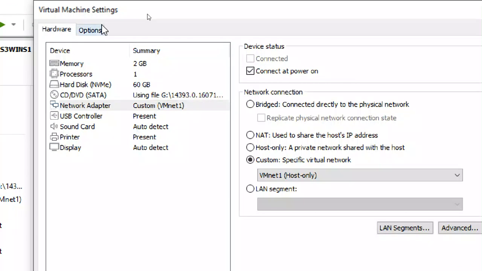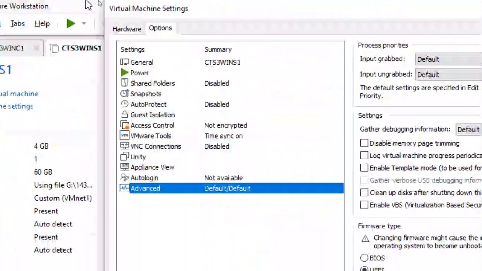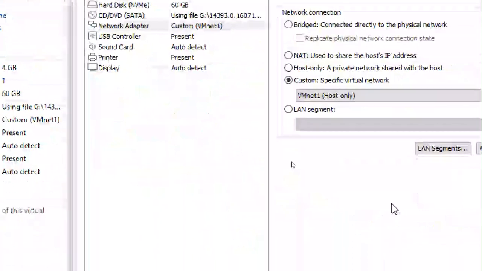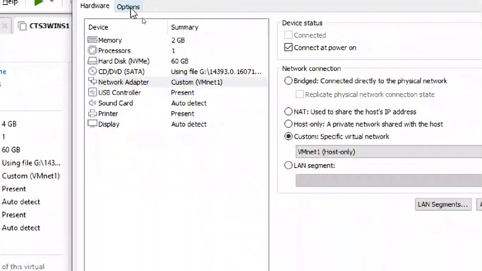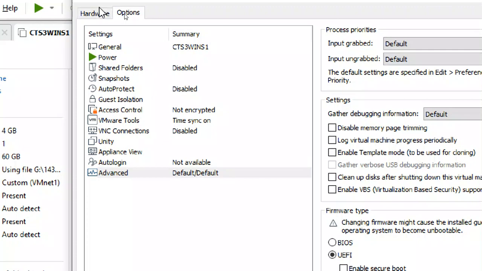But don't change these options. A few options you should not change, like hardware related options. A few other options you can change, like network options, disk size, VNC connections, shared folders, snapshots, like that.